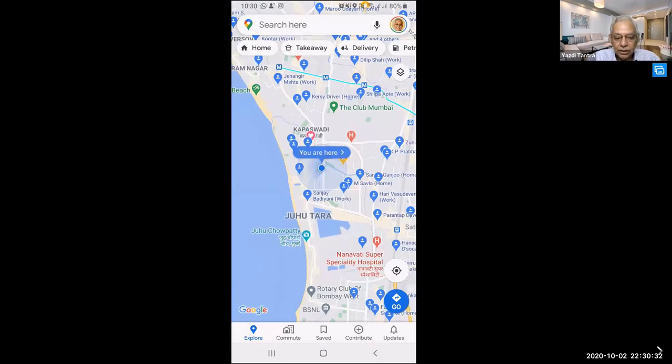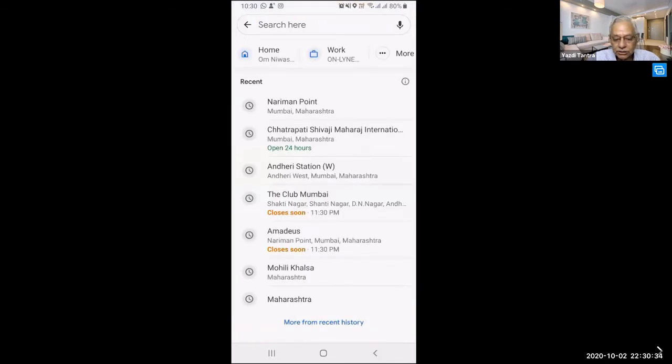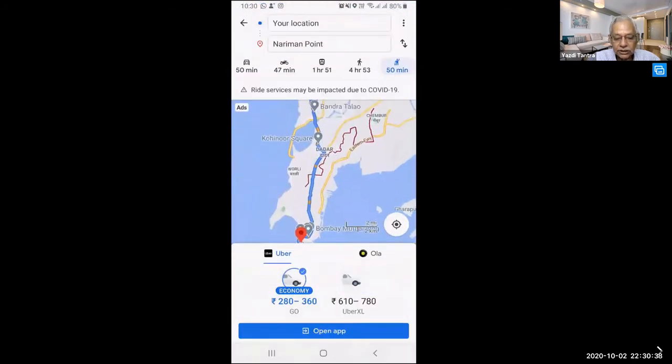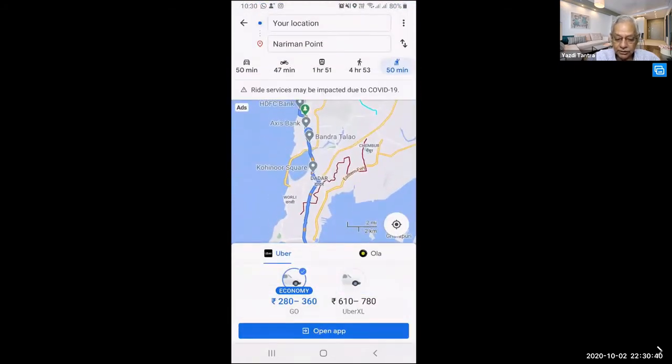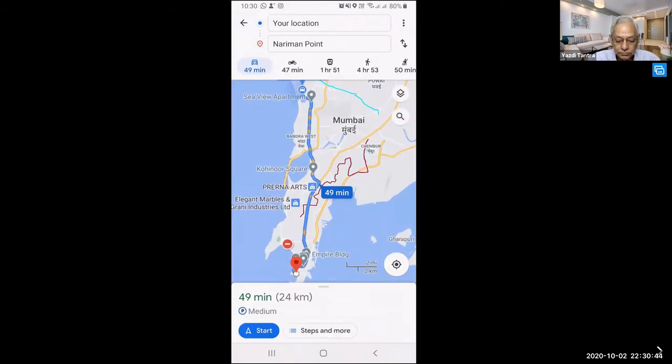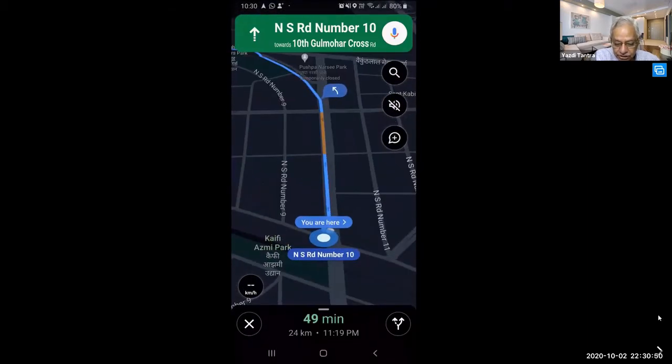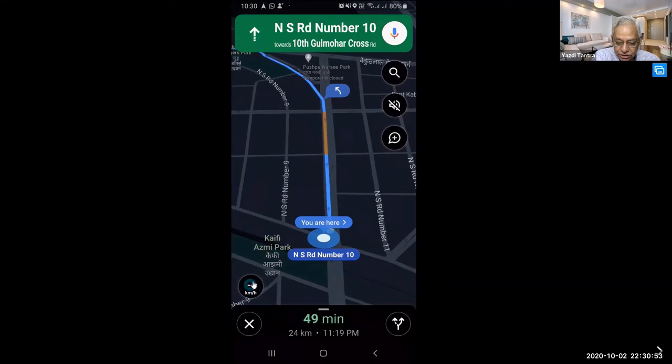When you are driving, I will just say directions and then say start driving. When I'm driving, can you see there is something called kilometers per hour? It will also measure your speed and show you your current speed.